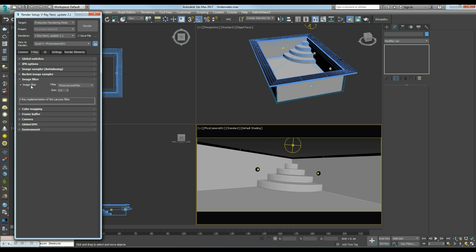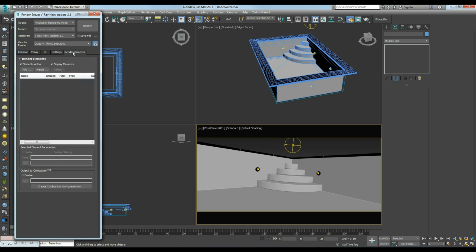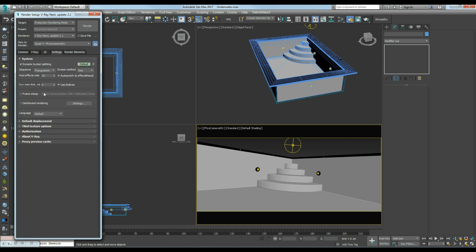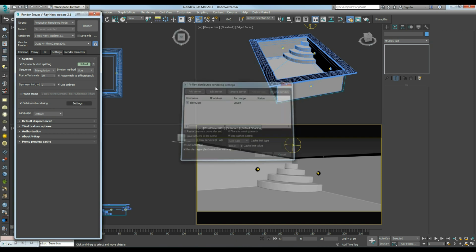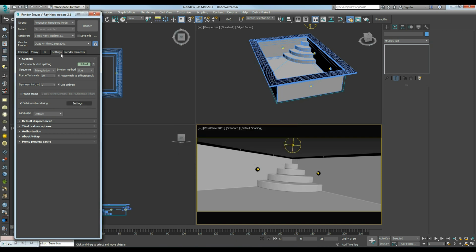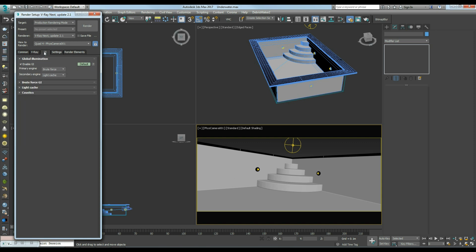And I'm going to turn off the image filter, and that's all for now. Just to speed up this tutorial, I'm going to work with one slave with distributed rendering.